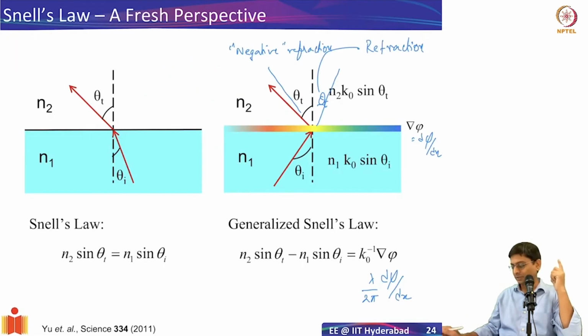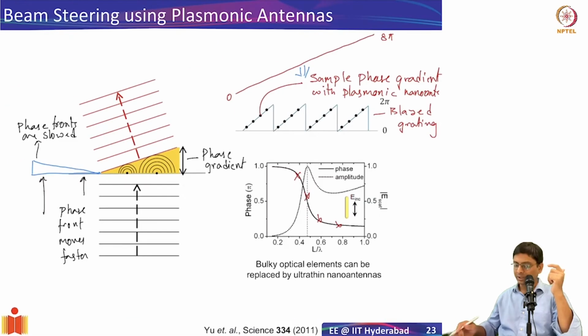Well, it depends on the gradient of phase, since k naught is fixed. So d phi by dx. So how abruptly I'm able to change. For example, let's say I give you a scenario, let me go back to the previous case here. Let's say this distance was 1 micron. I'm able to change 0 to 2 pi in 1 micron. So my phase gradient is 2 pi by 1 micron. That's in units of per meter, right? Now, instead I'm able to change it in only 0.5 microns.